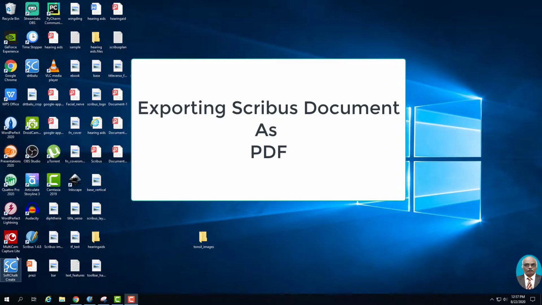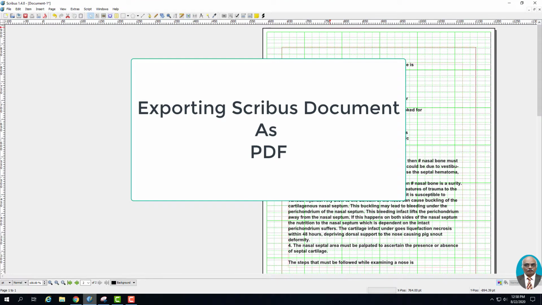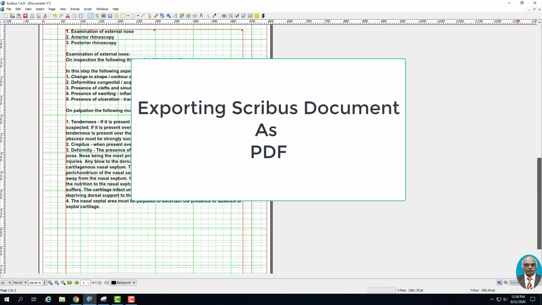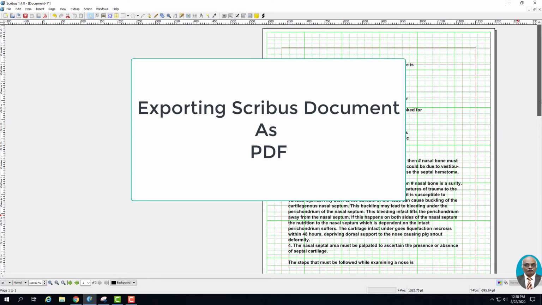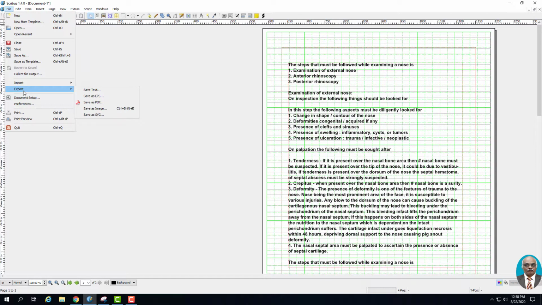Today we are going to see how to export a Scribus document into PDF and what settings need to be set in that export window. So now we are going to have a document. We will choose an already open document which is already typed. I have created a new document running to roughly 2 pages, and text has been imported. Now I want to export this Scribus file as PDF.